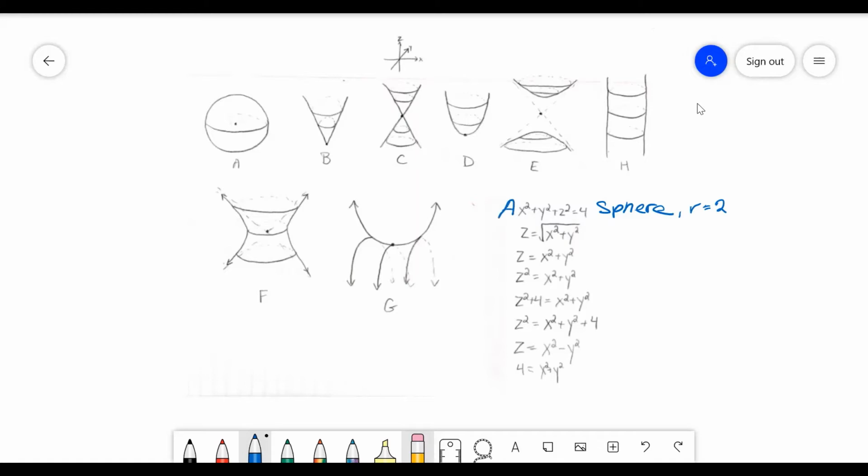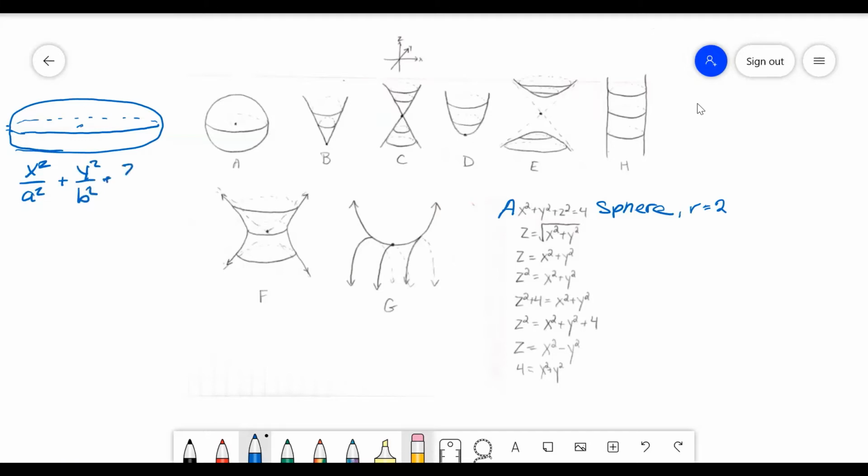And so that means that this one is going to match to letter A. And this is really closely related to something that isn't drawn here called the ellipsoid, which I guess I could draw over here. Like so. And this has the equation x squared over a squared plus y squared over b squared plus z squared over c squared, and that's all equal to